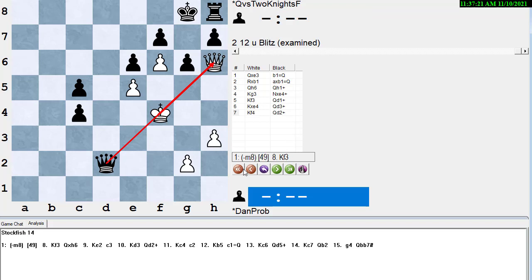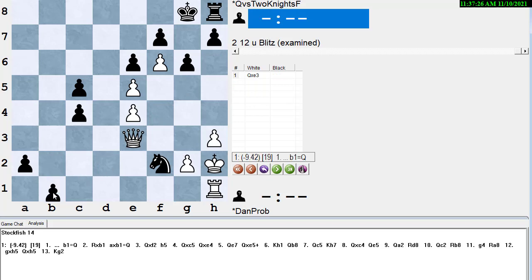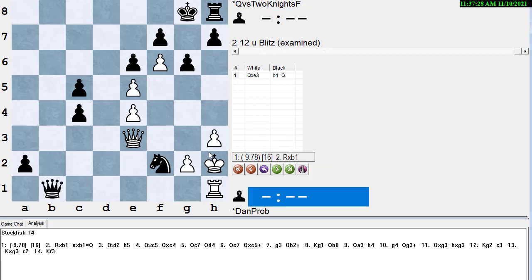So what does this show? Well, it shows that if white takes time to take here and black gets the queen, white's not mating him with...